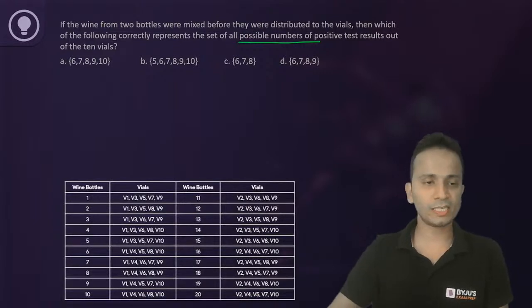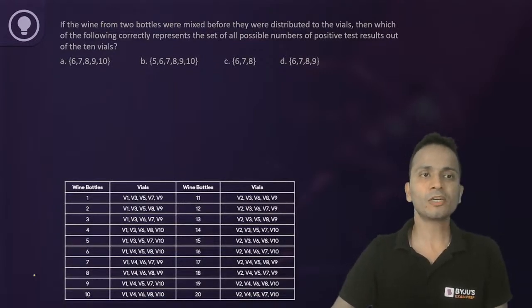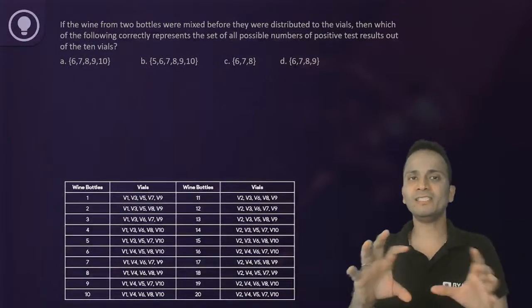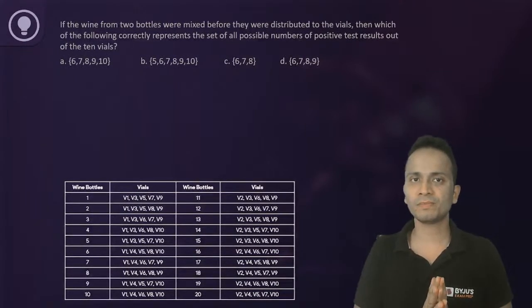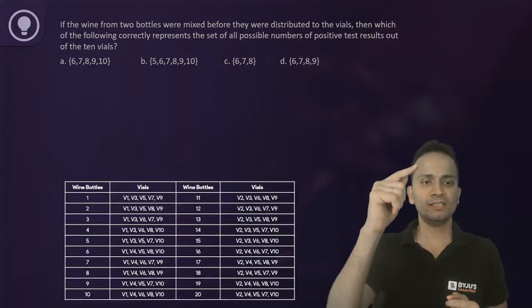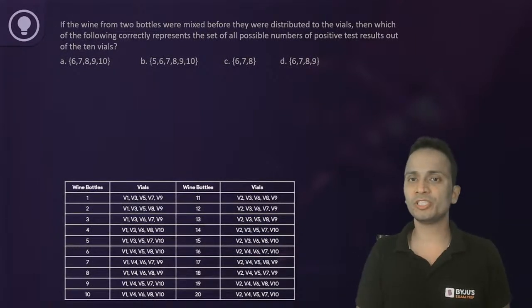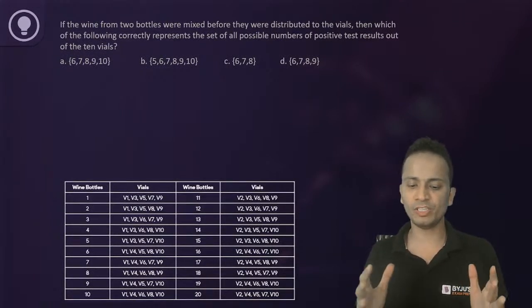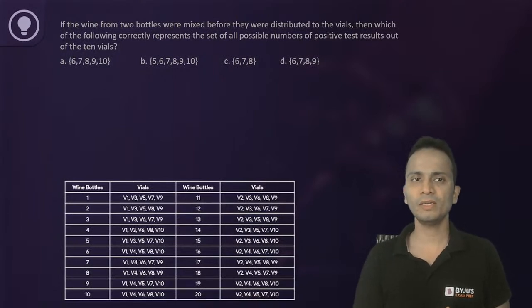Okay, so let's tackle this one. The question is, if two wine bottles are picked up and the wines in these two bottles are mixed, and then this distribution is done, then which of the following correctly represents the number of positive test results out of these 10 vials? Now,